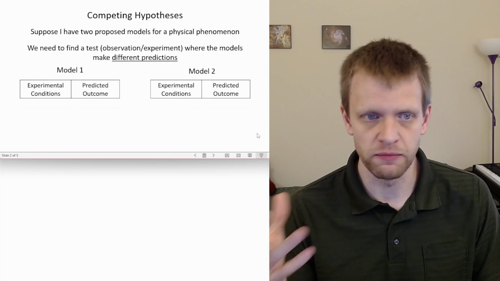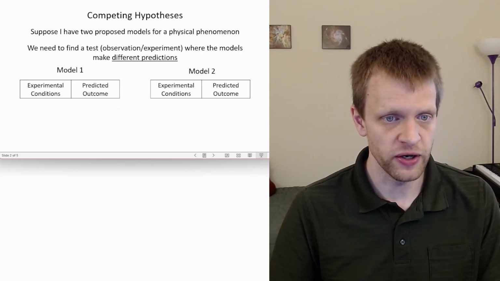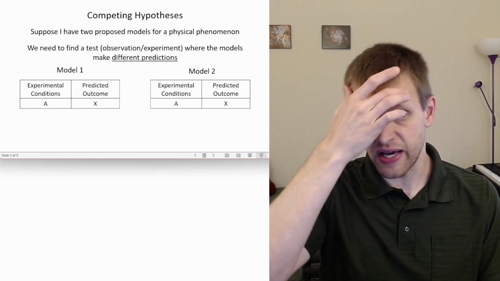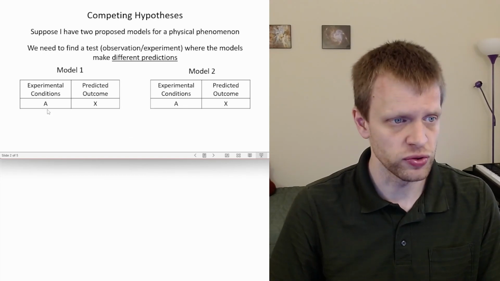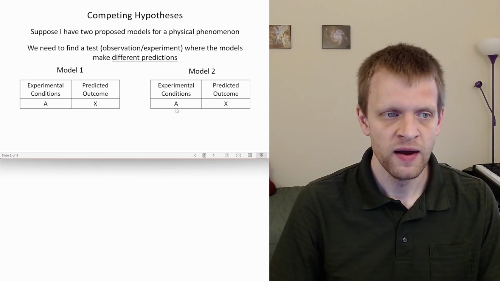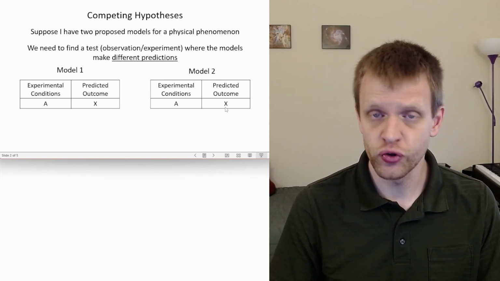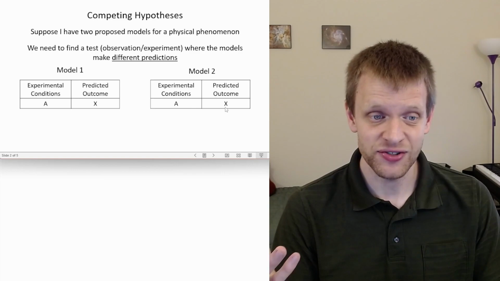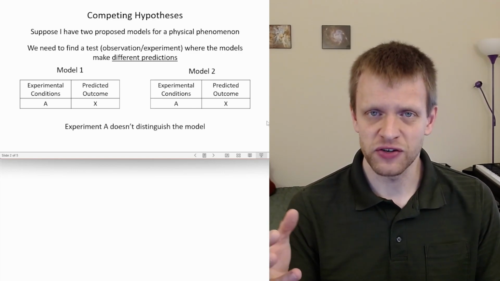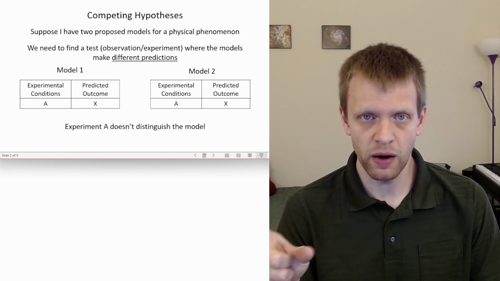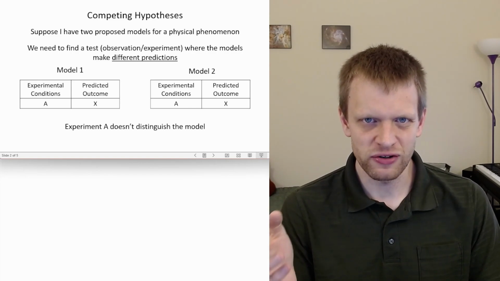For example, let's say I have two models. We'll just call them Model 1 and Model 2, and these are to look at some kind of physical phenomenon. And let's say if I set up a certain kind of experimental conditions, we'll call this condition A, Model 1 predicts that the outcome will be X, and Model 2 also agrees that the outcome will be X. Well, this set of experimental conditions, since both models are making the same prediction, this particular experiment isn't very